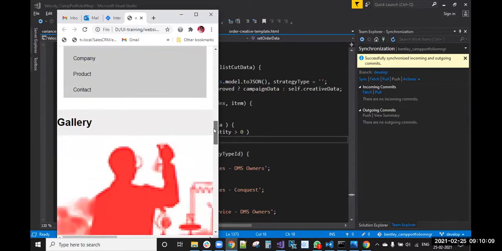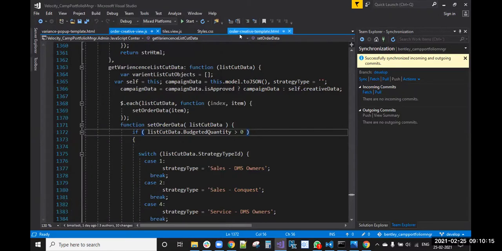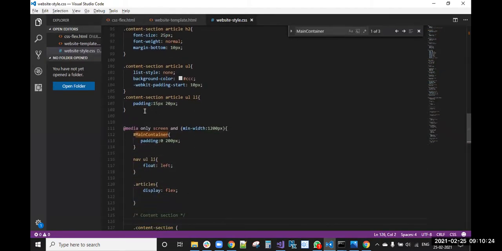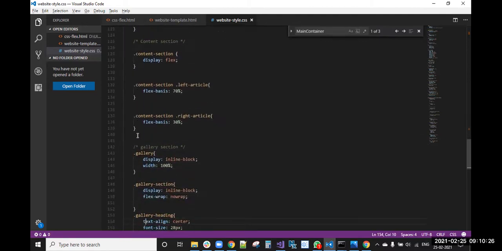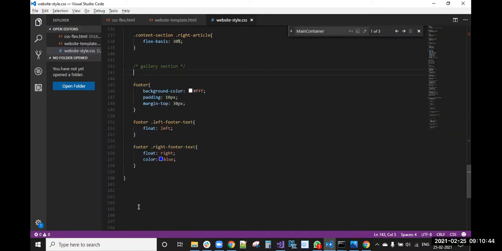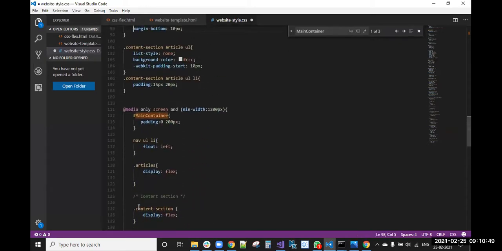The navigation also came. Now coming to the gallery. Images are already occupied, but we will give the images as well. This gallery display inline-block with 100%, where we have applied 25%, right? Up to here, I'm keeping this outside only.